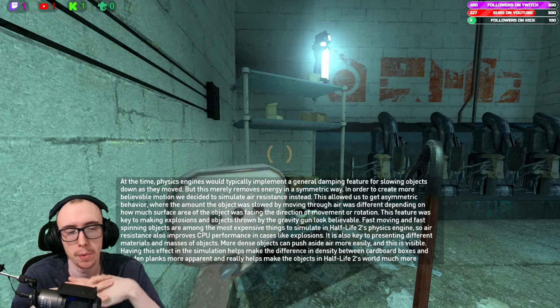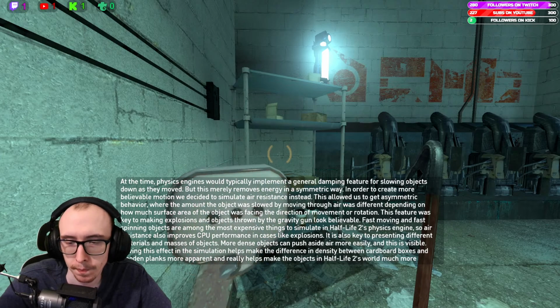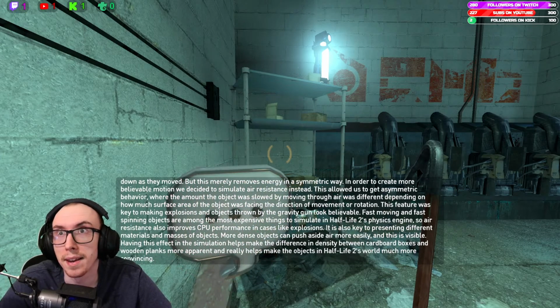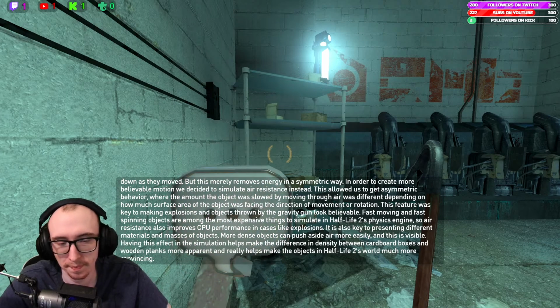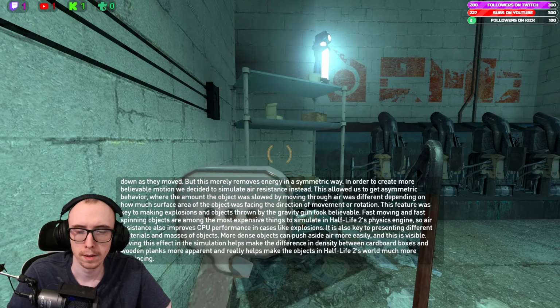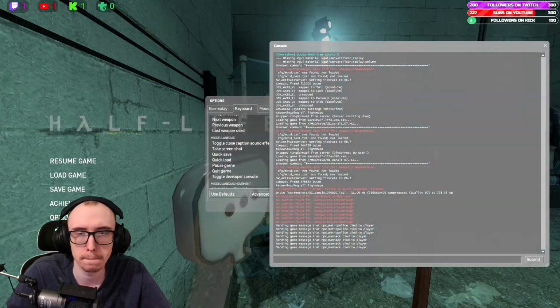Fast-moving and fast-spinning objects are among the most expensive things to simulate in Half-Life 2's physics engine, so air resistance also improves CPU performance in cases like explosions. It is also key to presenting different materials and masses of objects. More dense objects can push aside air more easily, and this is visible. Having this effect in the simulation helps make the difference in density